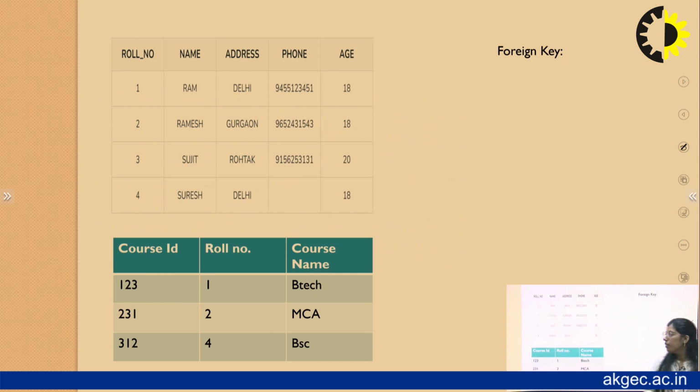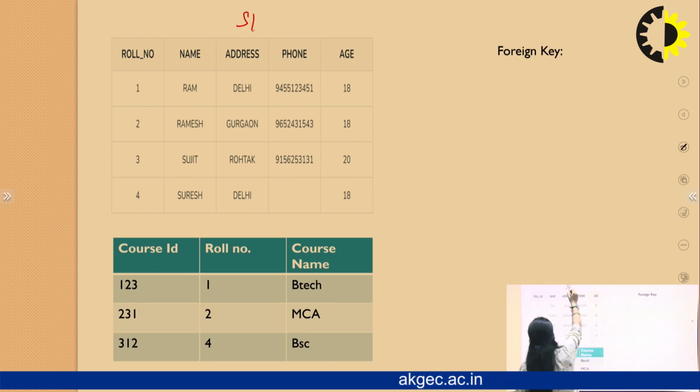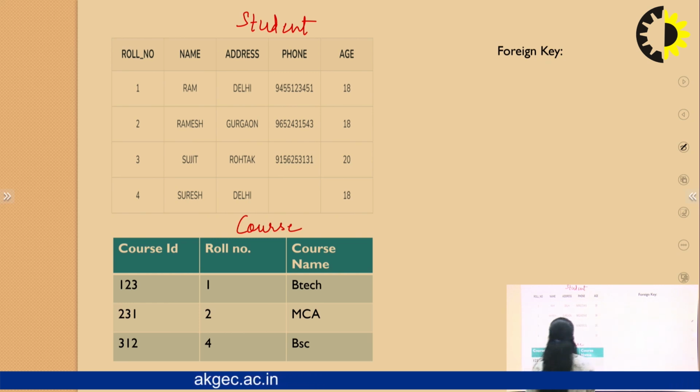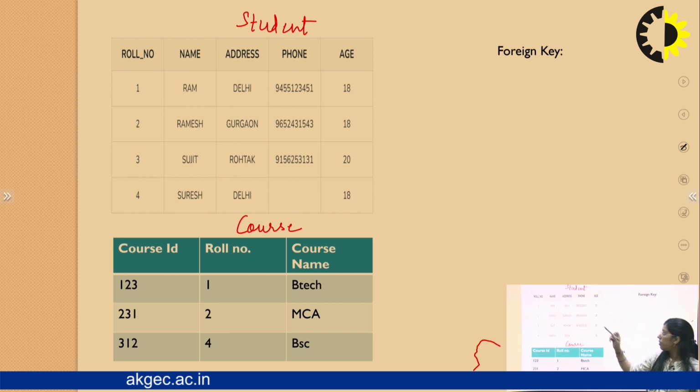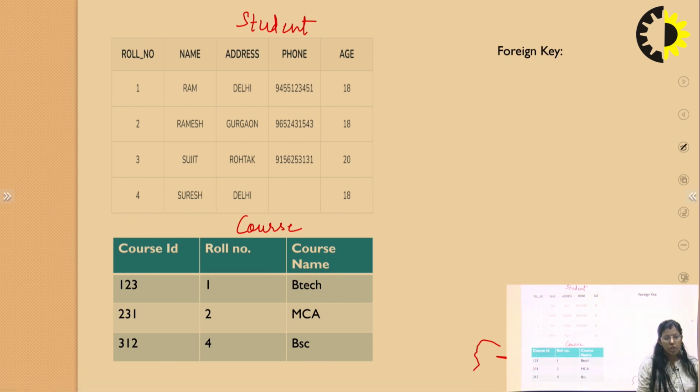So here we have two tables. As we can see, this is the student relation and this is the course relation. In the student and course relations, we can identify which student is learning or admitted to which course by combining these two tables. But how can we combine two tables?